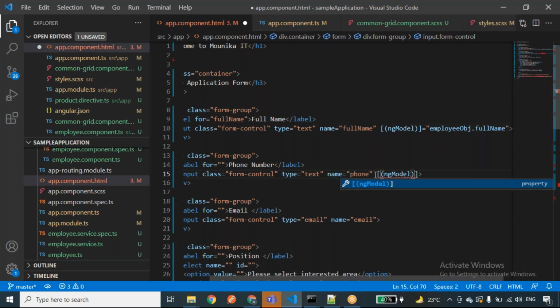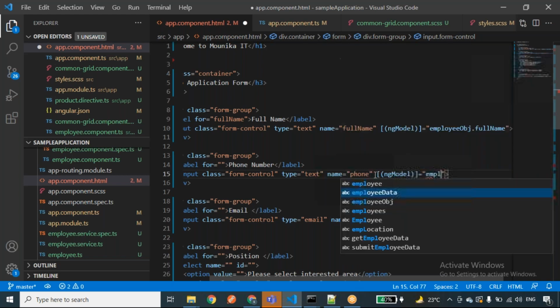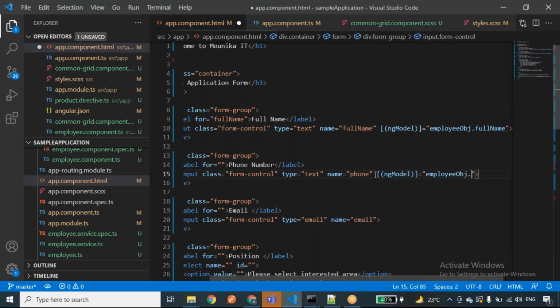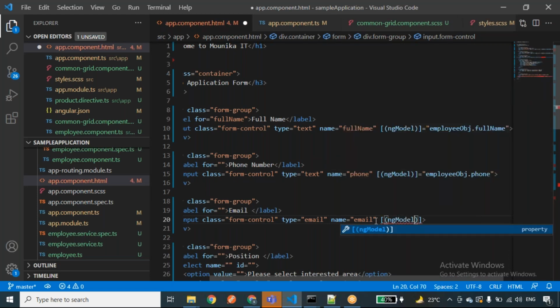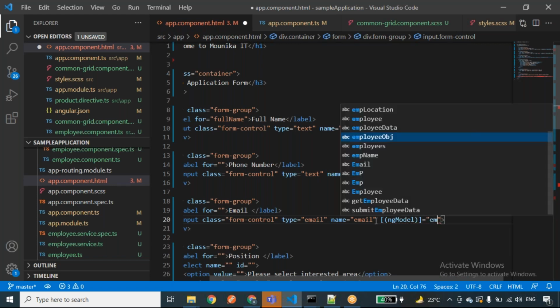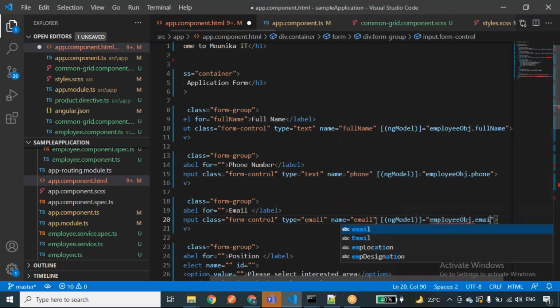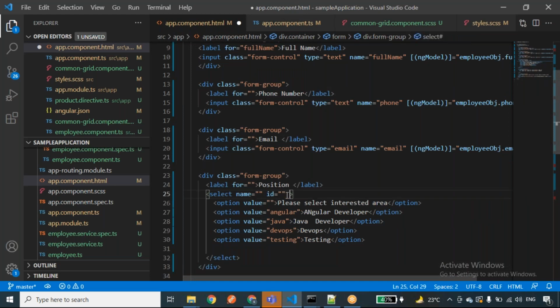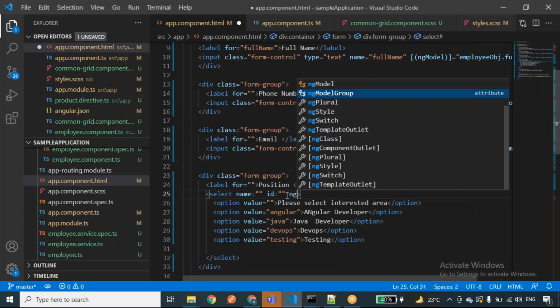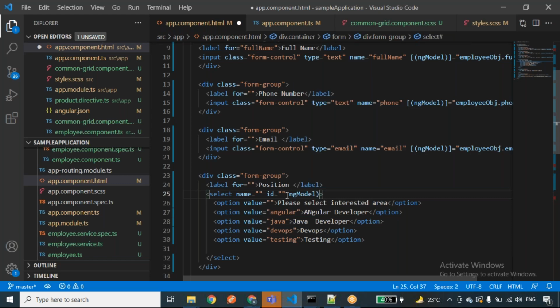ngModel, employeeObj.phone. ngModel, employeeObj.email.